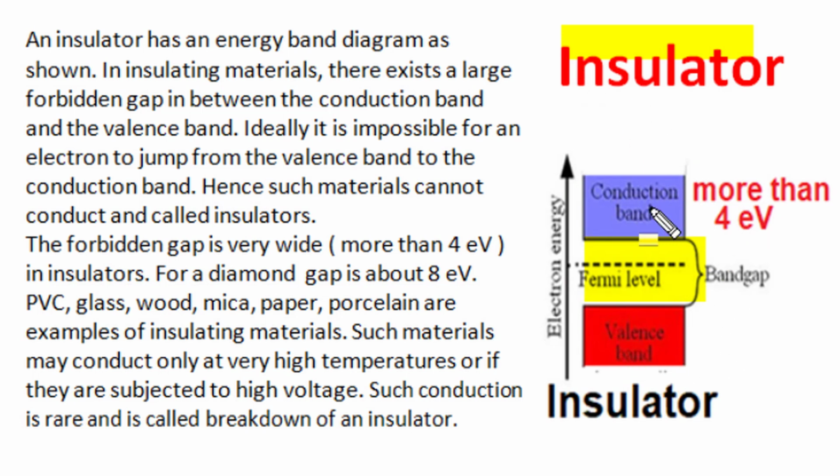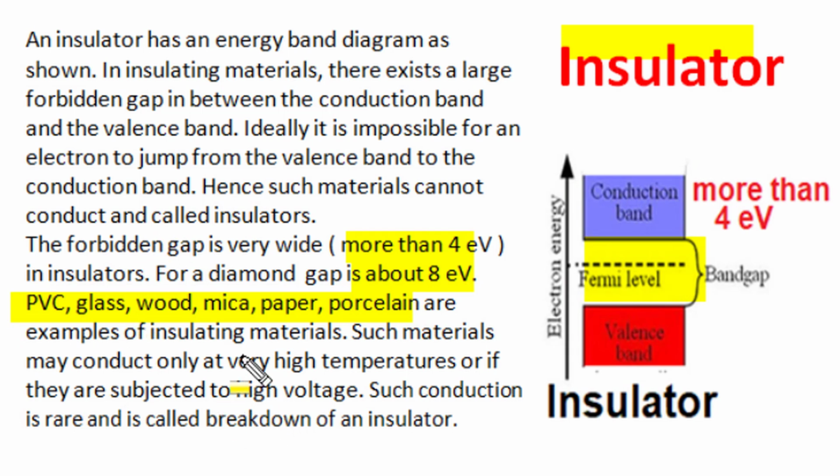The forbidden gap in most insulators is very wide, more than 4 eV, and for diamond, one of the best examples of insulator, this forbidden gap is about 8 eV. PVC, glass, wood, mica, paper, porcelain, all are examples of insulating material, and such materials won't conduct in normal conditions and are used to stop flow of electric current at various positions,